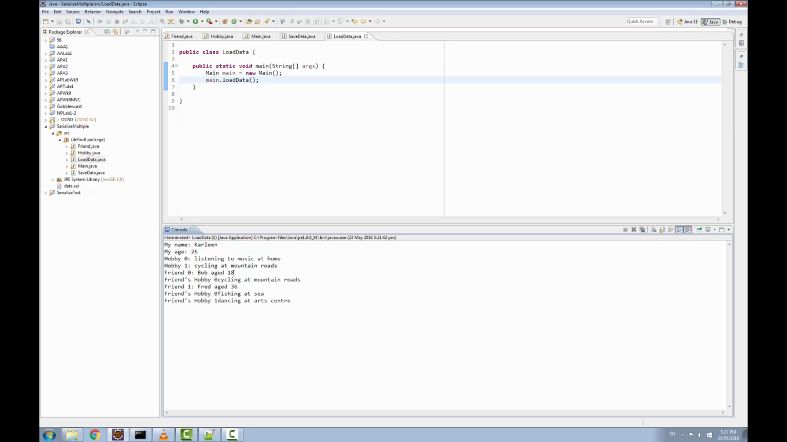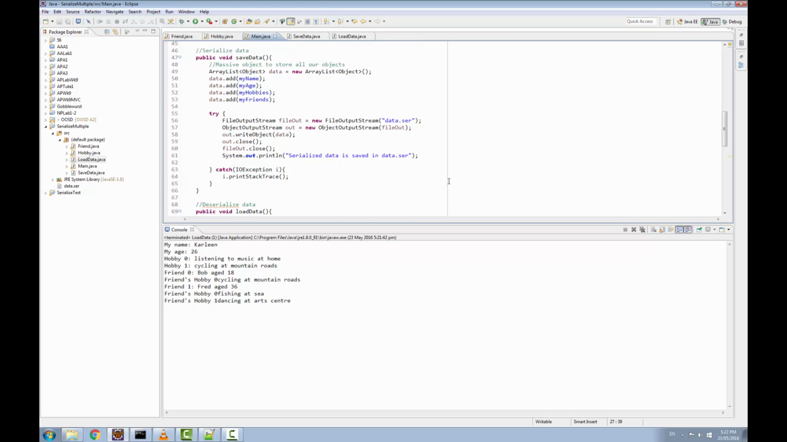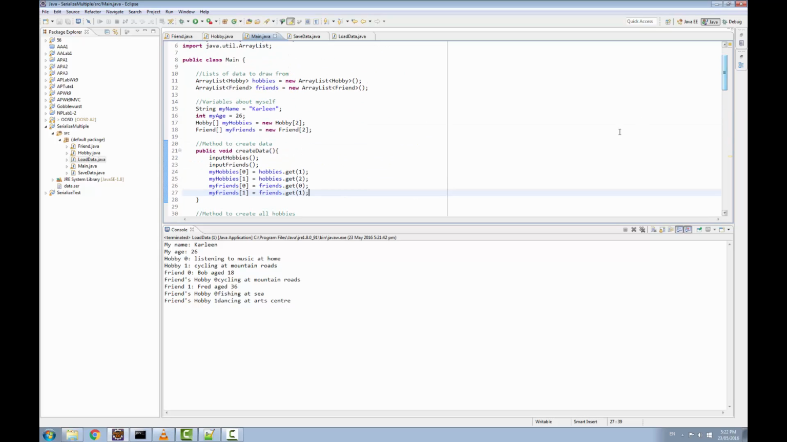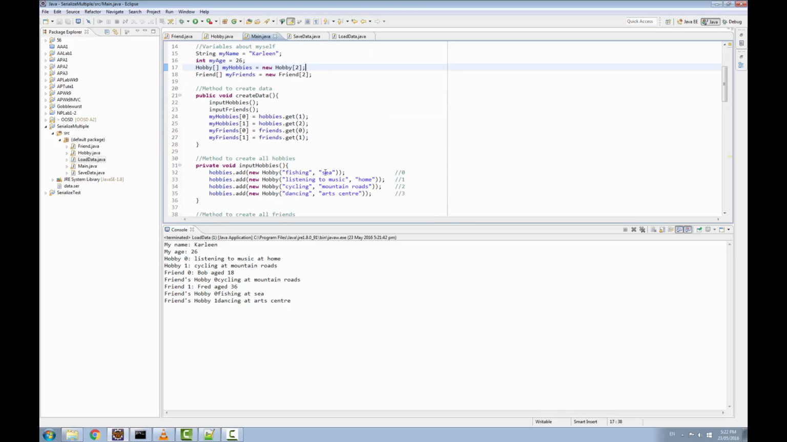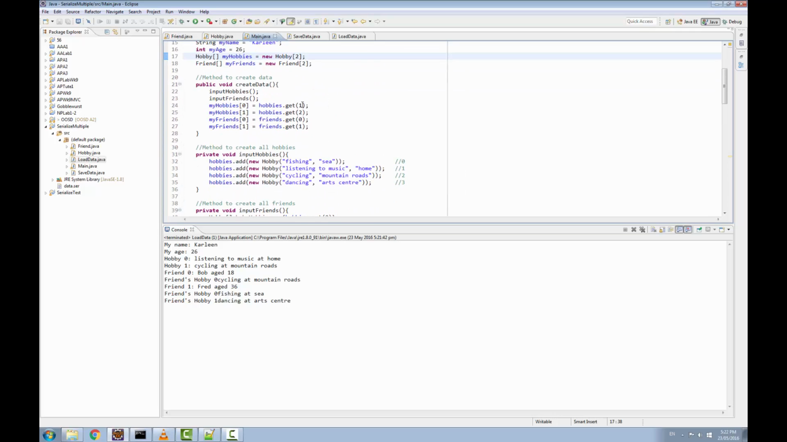So friend 0 is Bob, age 18, my friend's hobby 0 is cycling at mountain roads, I forgot to put a space there, but it doesn't matter. Friend 1 is Fred, age 36, and my friend's hobby 0 is fishing at the sea, and friend's hobby is dancing at the art center, which is exactly what we had when we created all the data. So I created my name, my age, my hobbies array, which was listening to music in index 1 here, and index 2 was cycling at mountain roads,